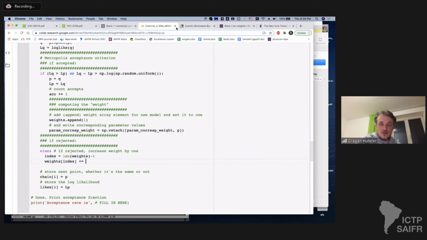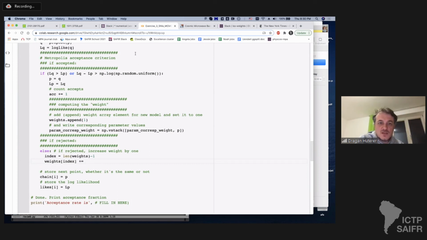If I was rejected, the weights evolve as the weight at that point. Yes, Nico, I add 1 to the weight. And Nico, I don't add to the data. I add this, so data untouched. We're talking about theory, right? That's an important thing not to confuse, even in normal everyday speaking. Data is fixed in stone. Somebody measured it on a telescope. I'm not touching the data. As a good statistician, you only touch theory. And so in theory, I'm remembering, if I'm rejected,